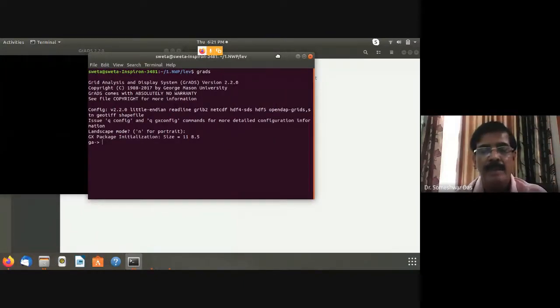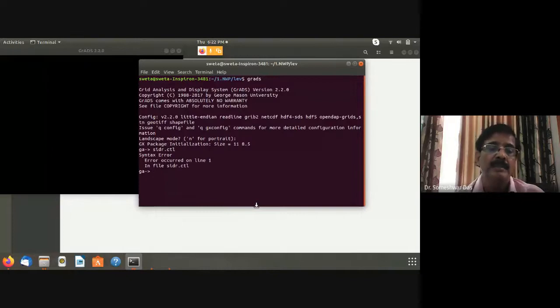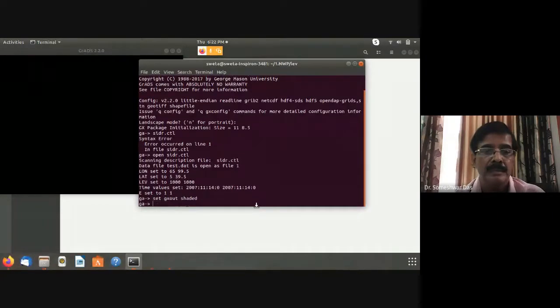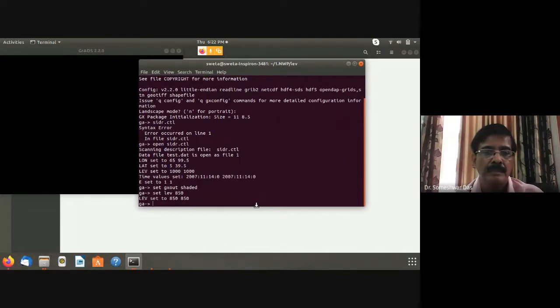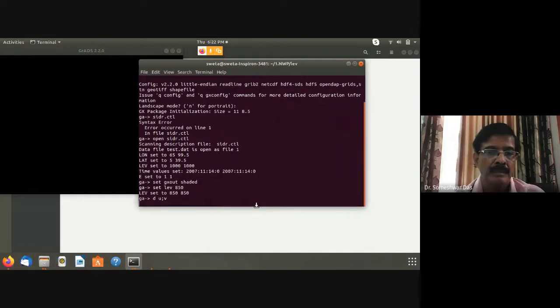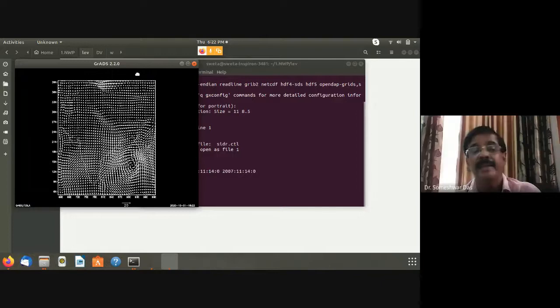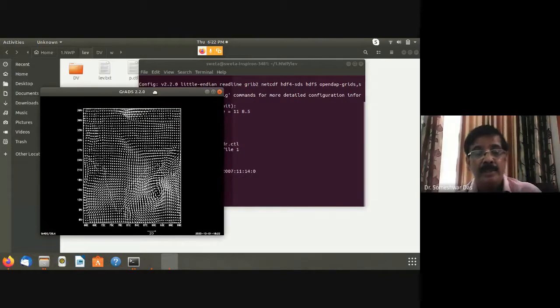Yes, the vertical velocity at the same level, then the vector. Sir, this is the plot, and then the wind side by side.